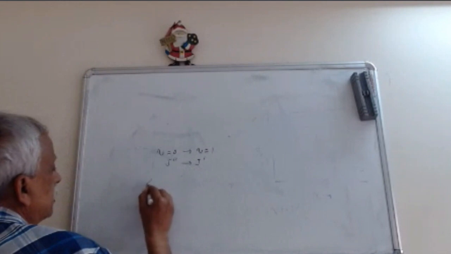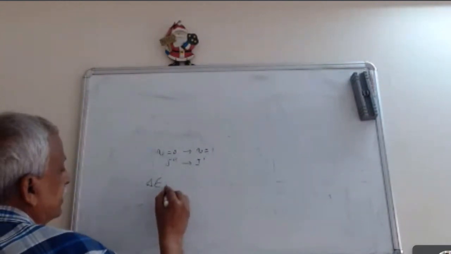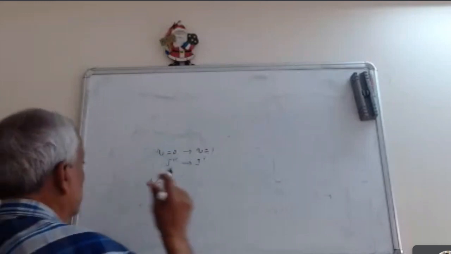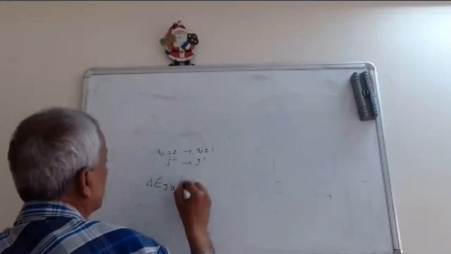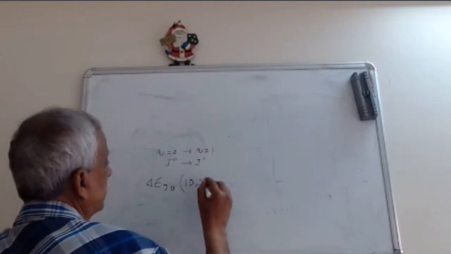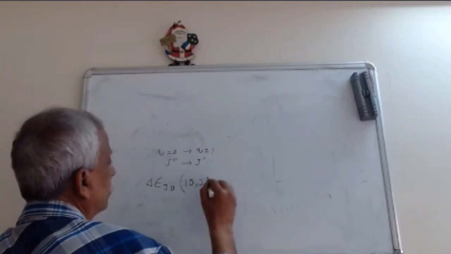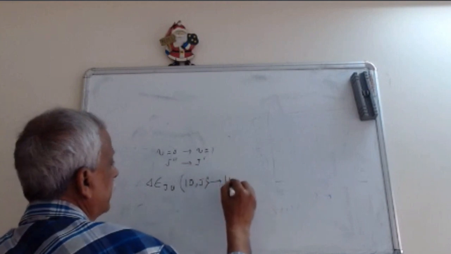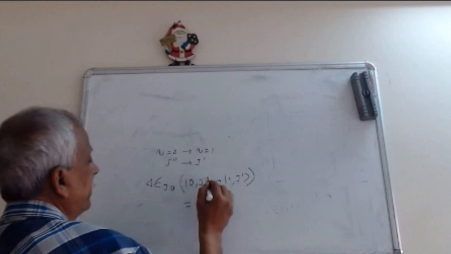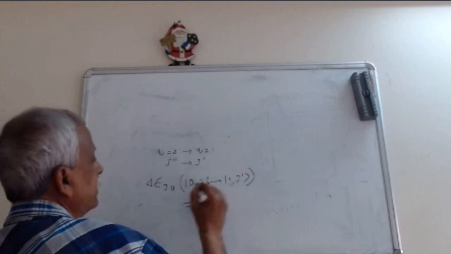That means for the transition you want to get delta E JV, from 0 J double prime to 1 J single prime. So can you very quickly find out, and the selection rule obviously 0, 1 I have